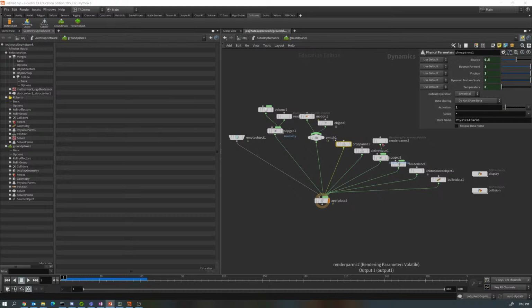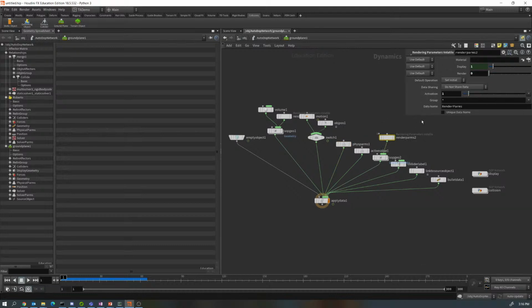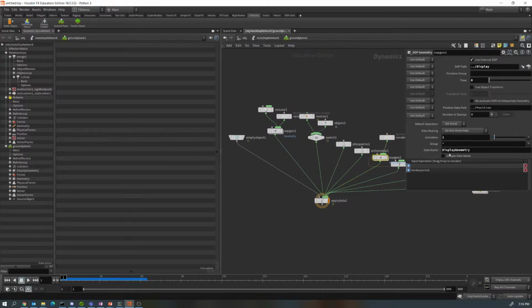And, oh yeah, render parms. Render parms is for rendering and storing information. Notice that the data name goes under render parms. So the render parms gets put not under here, but under here where it says SOP geo. Now the SOP geo is the data name, so it's called display geometry. So I'm going to go over here to display geometry, and there's render parms, which is a child